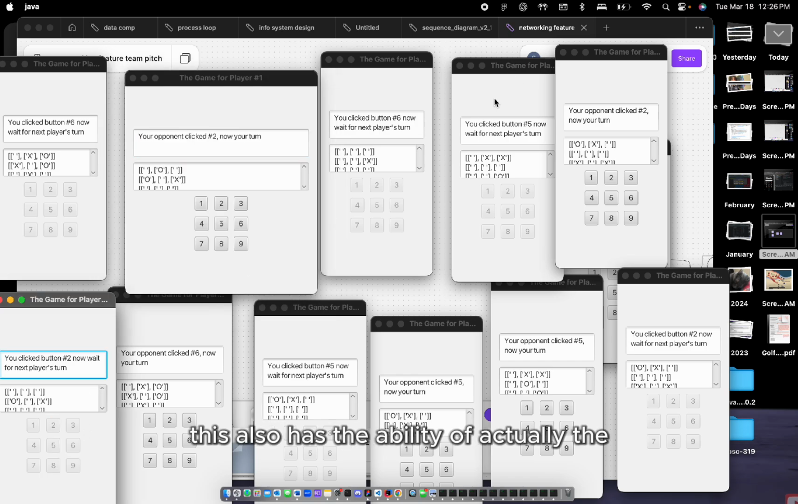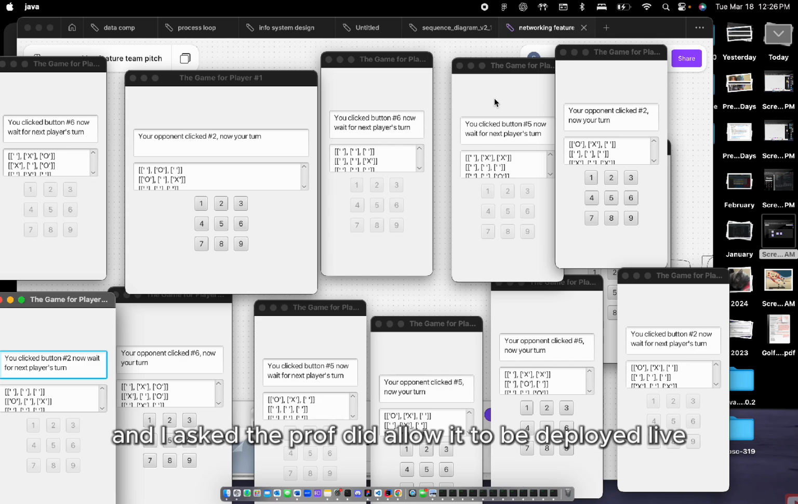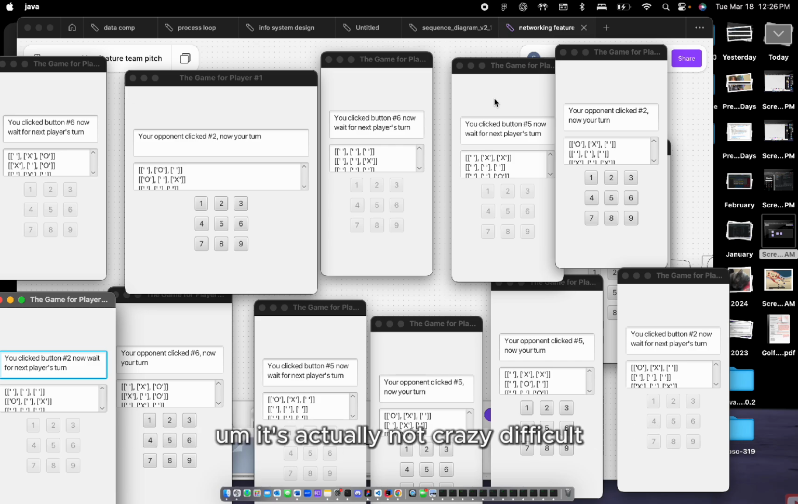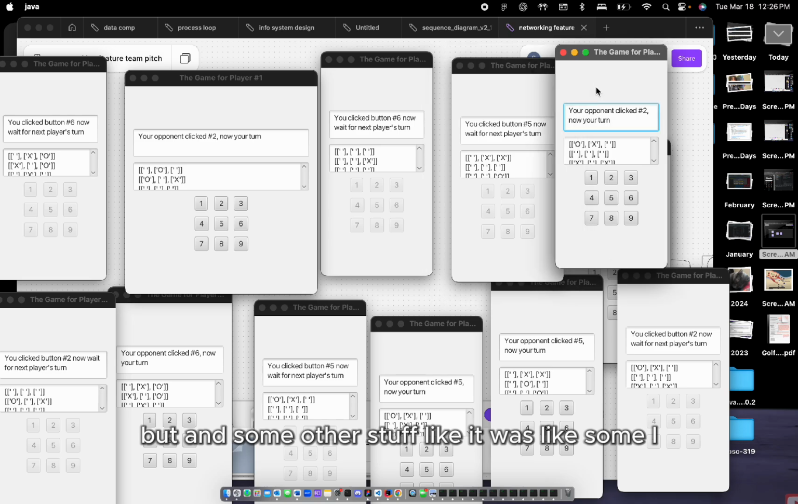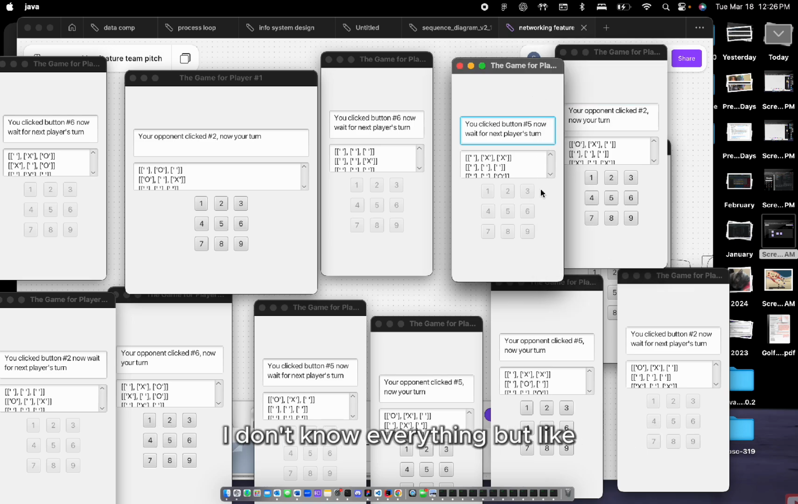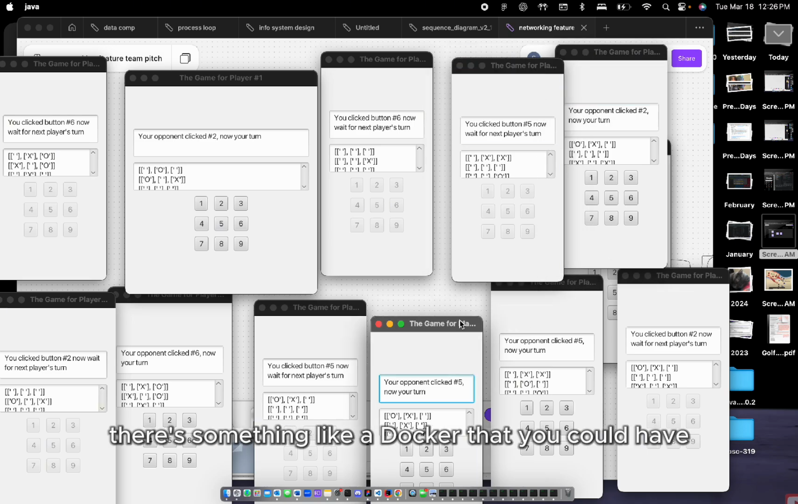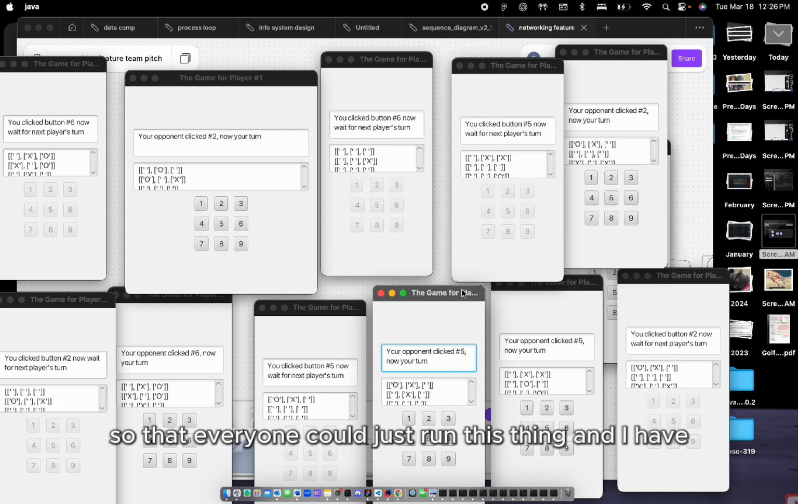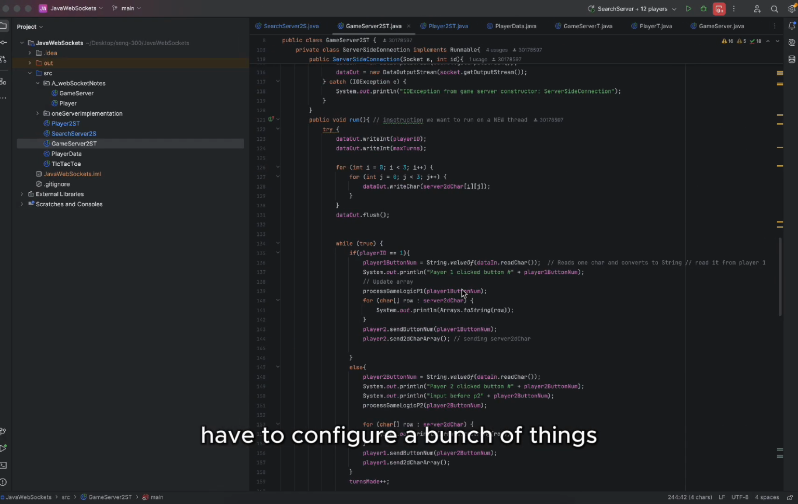This also has the ability of actually being deployed live, and I asked the prof, he did allow it to be deployed live. It's actually not crazy difficult. You could use something like AWS, so that's cloud computing that would just deploy it on our end, and it's also a cool thing for the resume. And some other stuff, I don't know everything, but there's something like Docker that you could use so that everyone could just run this thing